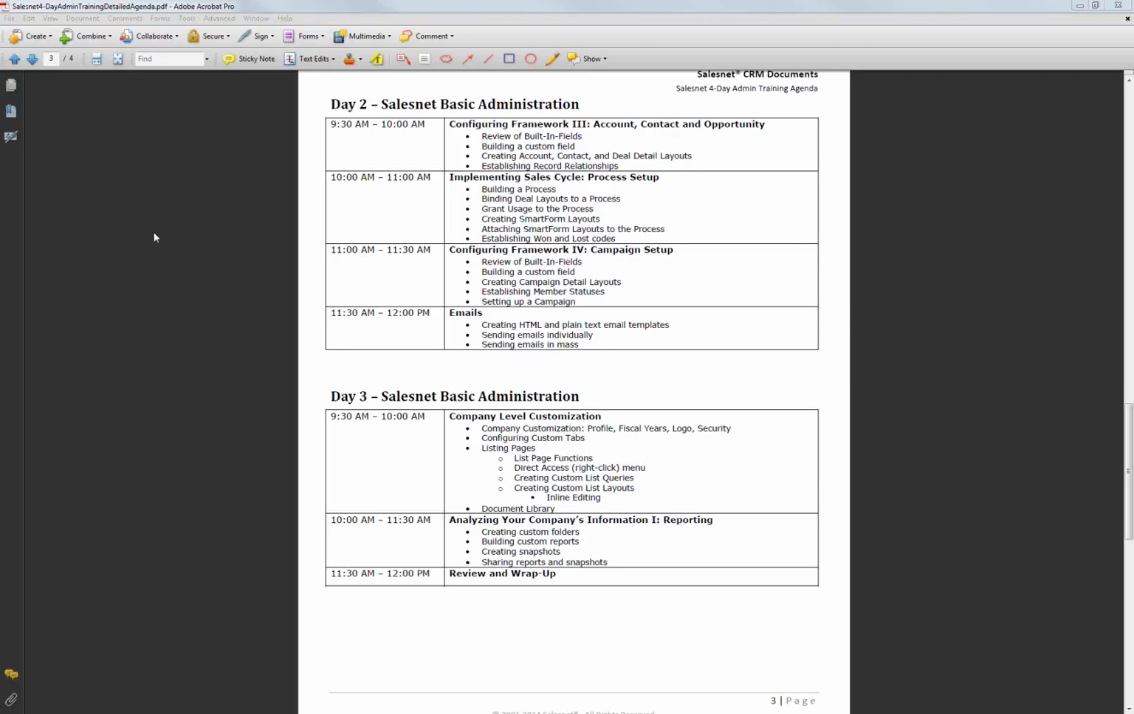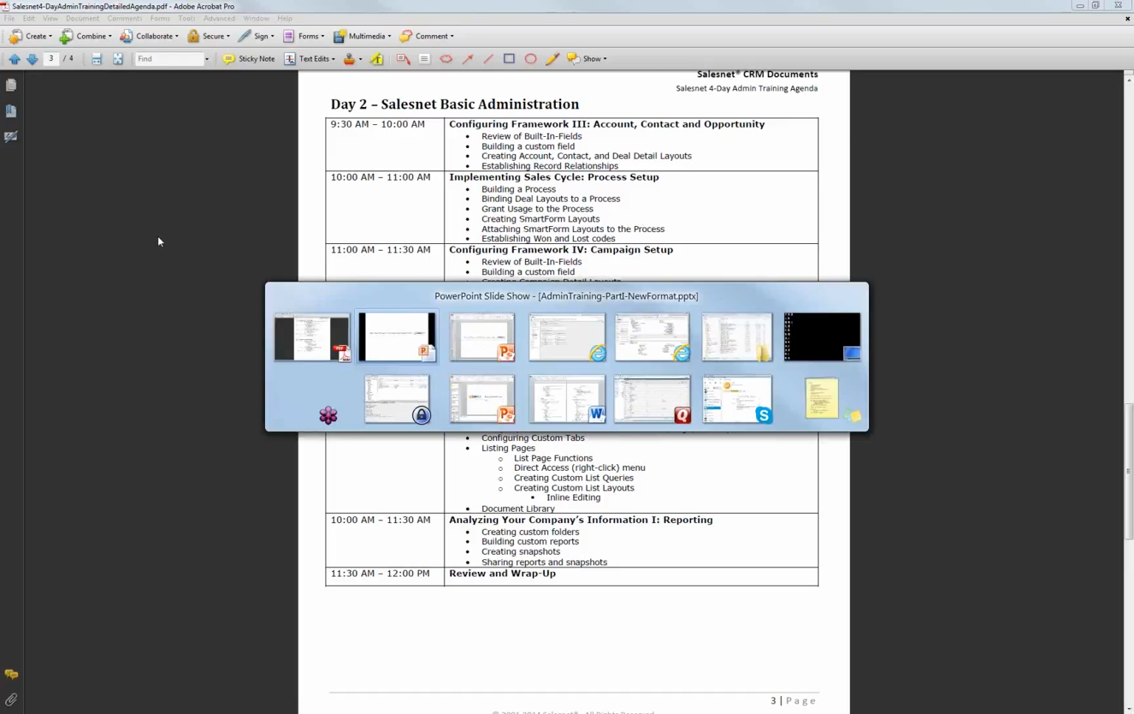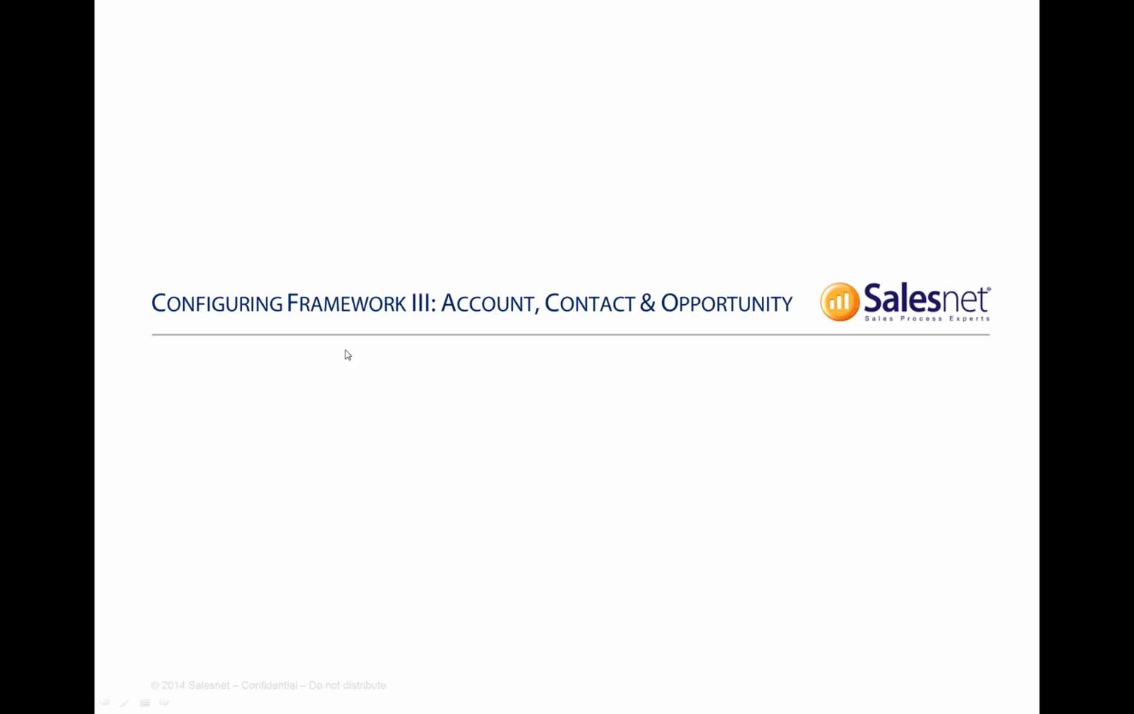We said we're going to recap field layout management and account, contact, opportunity, and we'll go over related records in that area. We'll go on into the process, which really involves our opportunity management, and then campaigns into emails. And so if we pull up the end of the Part 1 slide deck,